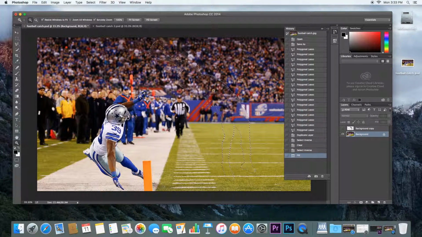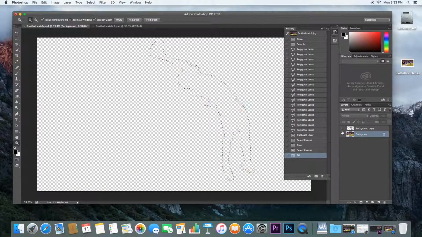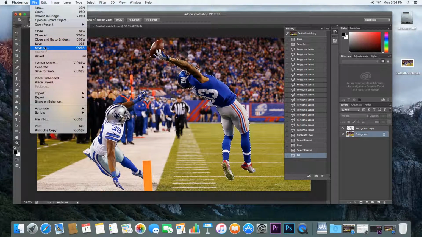I'll hide the top layer. You can see Photoshop has filled in those sections. So that's really useful. It's kind of like it's used the clone stamp tool and it's done all that work for me. Okay, so this is now an image that I can bring into Premiere Pro and I'll be able to animate it. Okay, so I need to save it